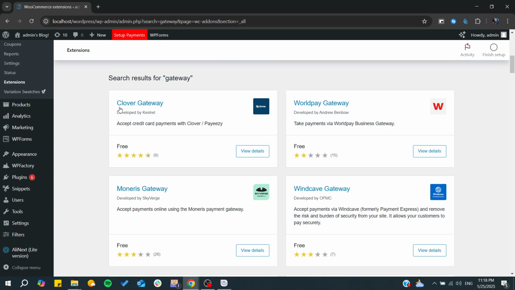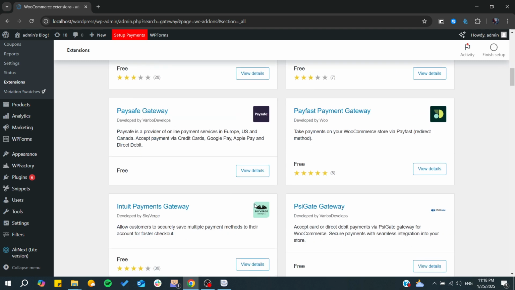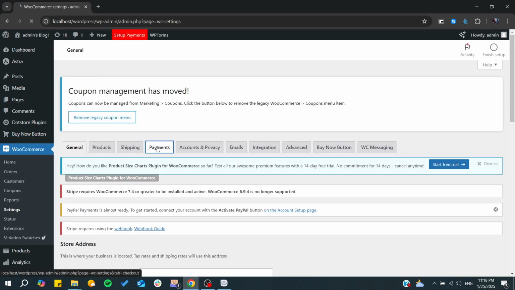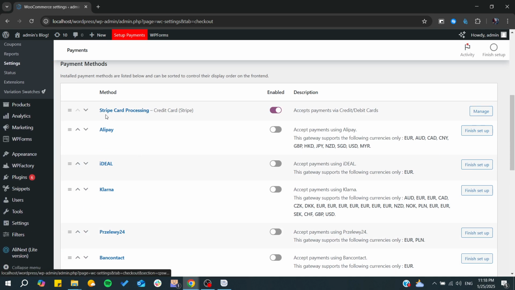Here you will find the cloud gateway, the WordPress gateway, and all the gateways that you can start accepting payments from. As we did before, you will simply need to go to Settings, then Payments, and start enabling any payment gateway that you would like. For example, I already have this Stripe. You will need to click here on Enable, but first make sure that you have finished the setup